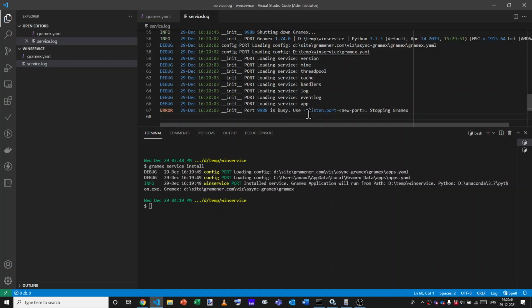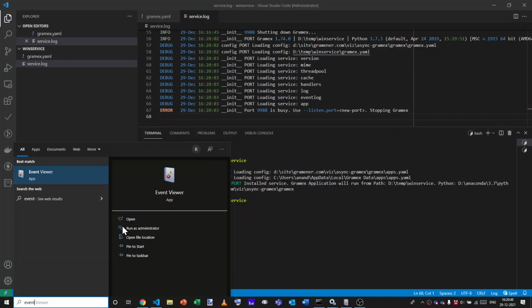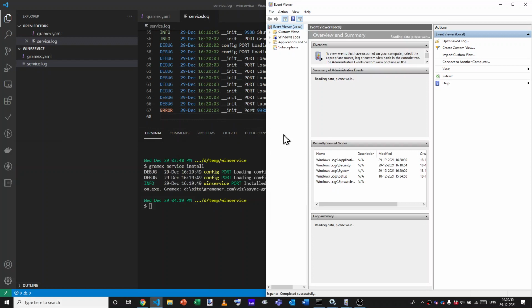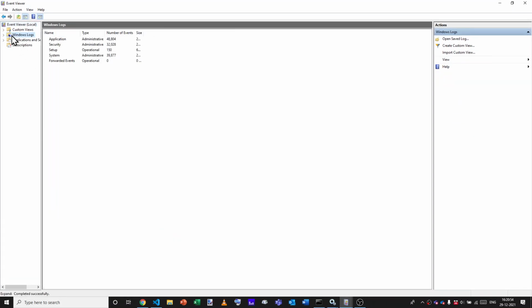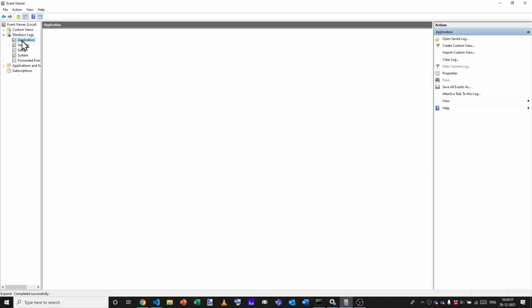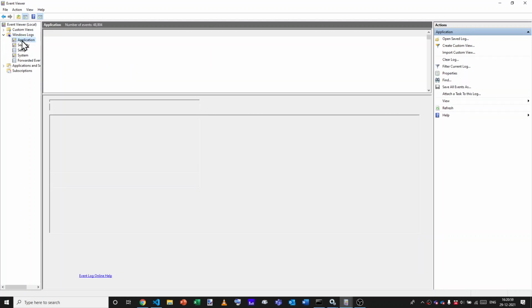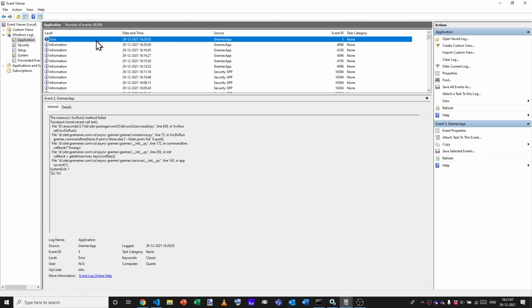This is one way you can check for any errors. A second way is using the event viewer. You can go to start, event viewer, and the event viewer has a list of all the Windows system events. Under Windows log, you can go to application and you'll see the events related to Gramix out here. For example, there is an error message here that reports the traceback saying there was a system exit.